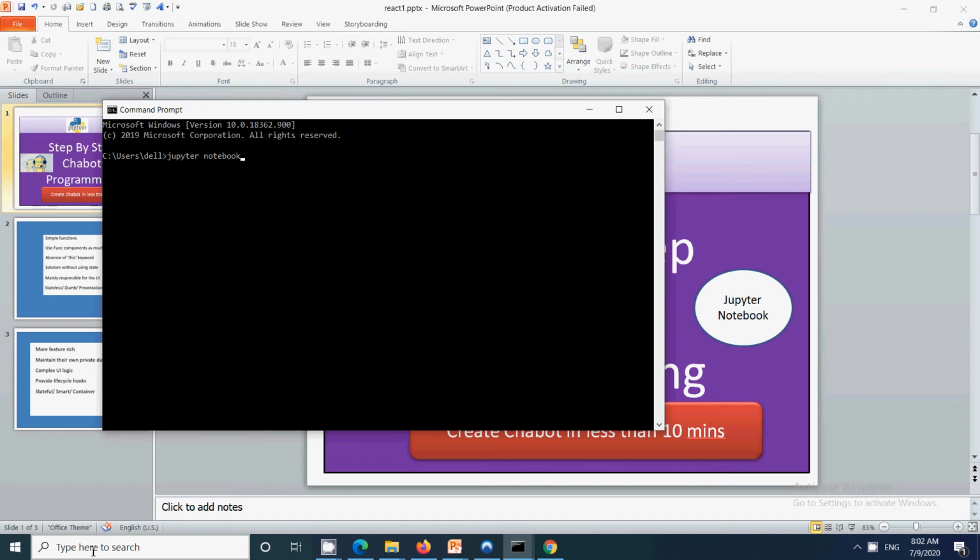It is a browser based IDE. So in the browser you can create all the programs and then execute, and it takes the space of any of your drives. Once you write this, it will open the interface in the browser.